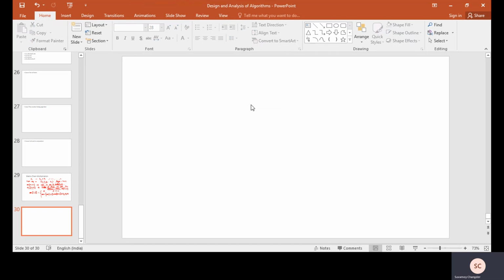I made a mistake. So again I have to draw these tables because I have lost the previous example. No problem. So hope you have the algorithm with you. I am just drawing the values. Okay, so let us write again.